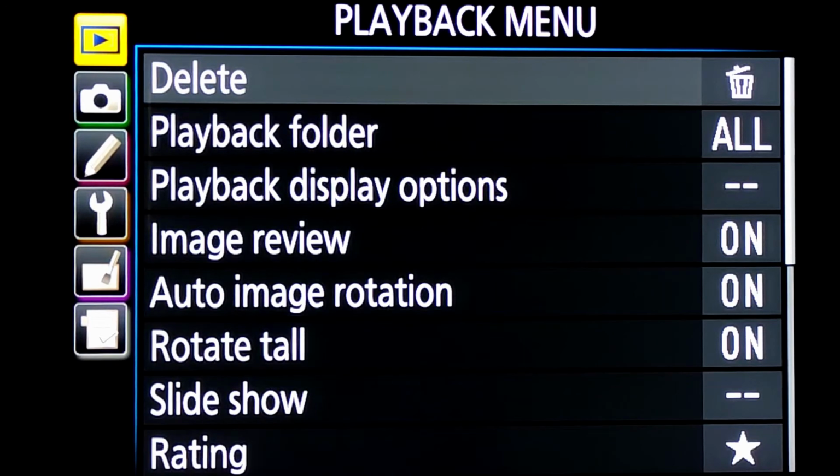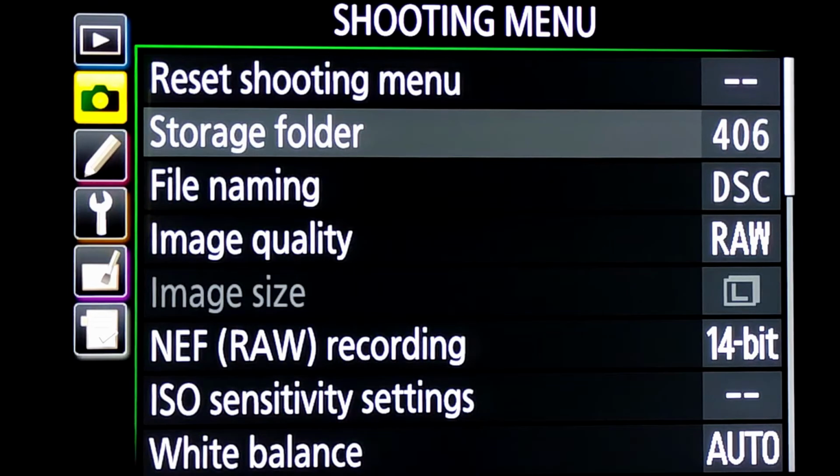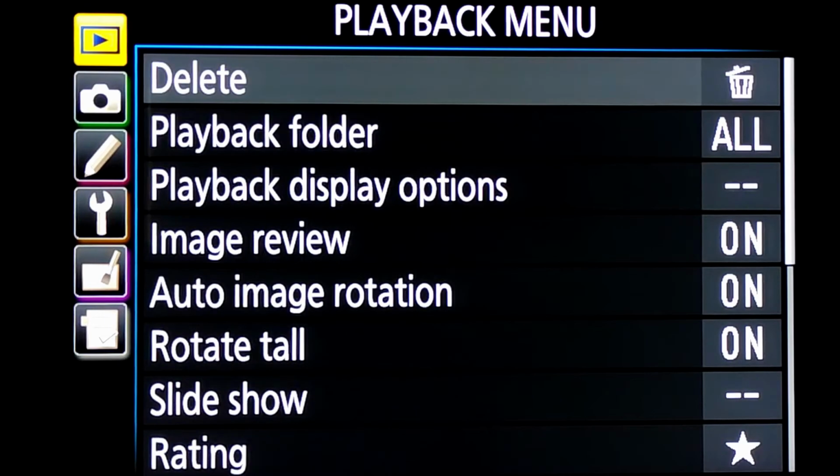Even at a professional level, too many settings and a menu with too much depth is not useful. Hence, let us go through this very user friendly and intuitive menu settings for the Nikon D5600 camera.